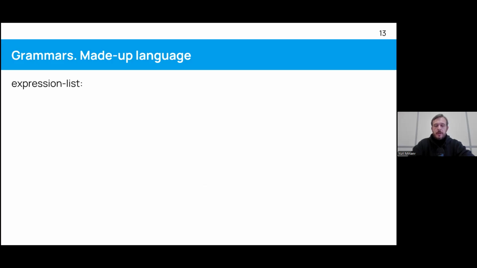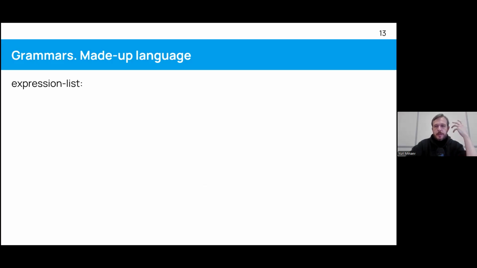They consist of things called productions, and there are non-terminal and terminal productions. So this expression list here is a production, and it's a non-terminal one. How do we know?